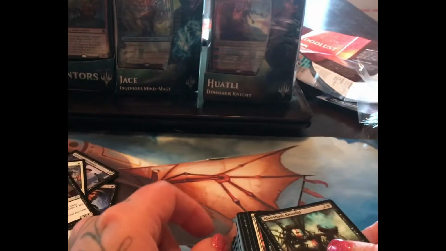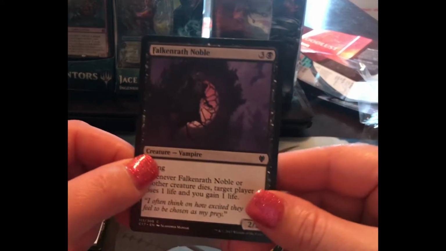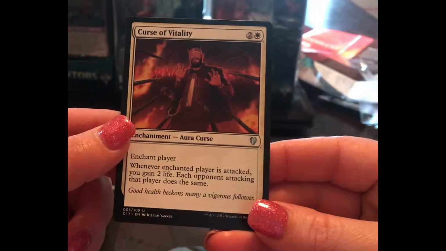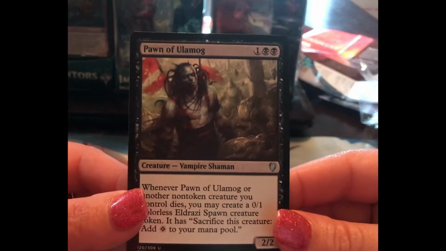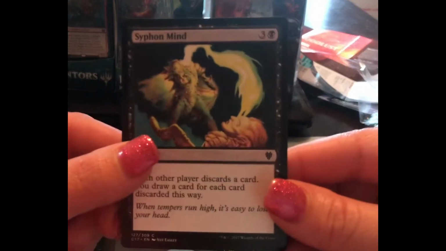Blood Artist, Blood Husk Ritualist, Falkenrath Noble, Curse of Vitality, Pawn of Ulamog, Read the Bones, Skeletal Scrying, Siphon Mind,